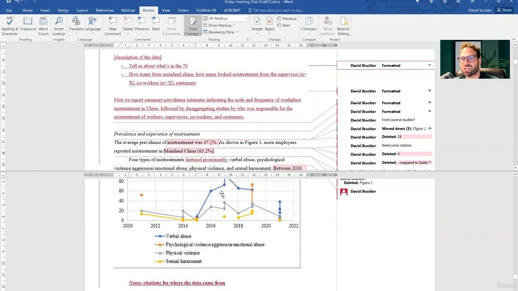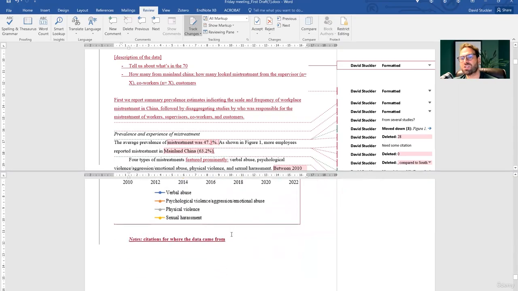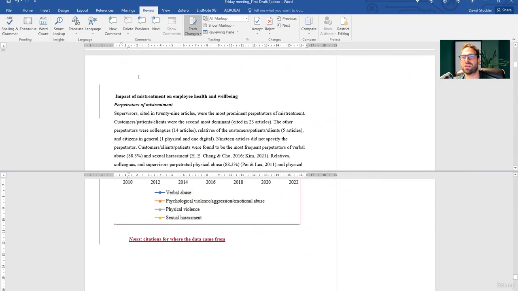And then you need to just put in the citations where these different data points are from, and you need to list in the title the number of studies: 1, 2, 3, 4, 5, 6, 7, 8, 9, 10, 11, 12, 13, 14, 15, 16, 17, 18, 19, plus 6, so 25, plus it looks, oh, I can't count that. So anyway, just write the number of studies. So some 30 something. It might be the number of studies and the number of estimates, because you might have multiple estimates from the same studies. So really good though, really good. This prevalence section turned out great. I had a feeling that it would.